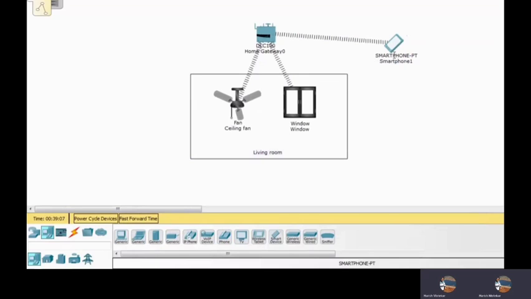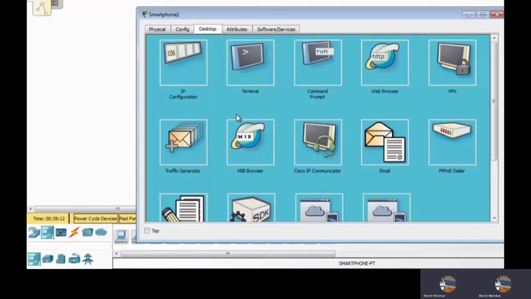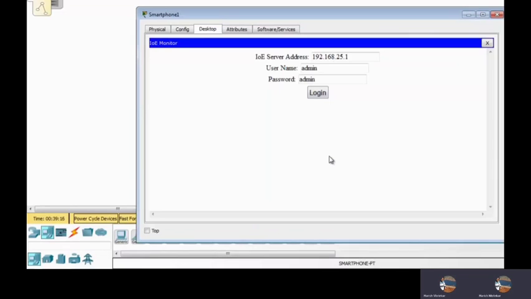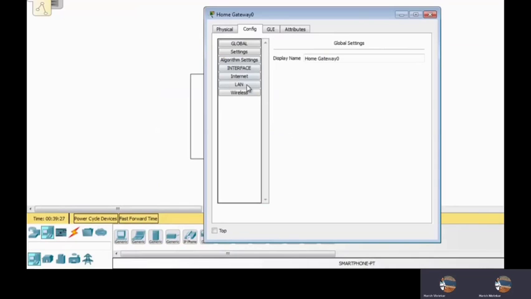Next I'll go to the IOE monitor, and first we need to set the user ID and password. This IP address should be the same as given in the home gateway. You can check it also.